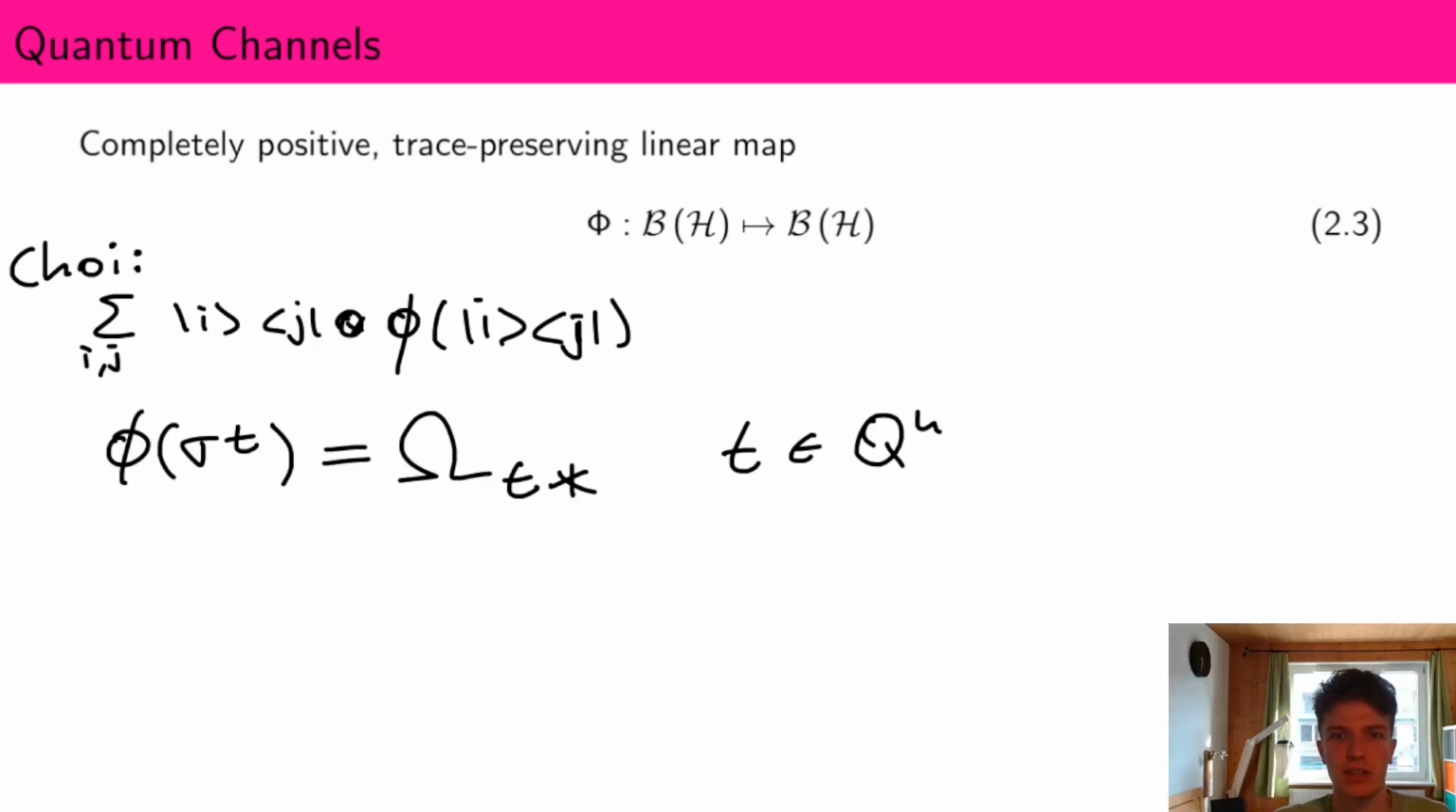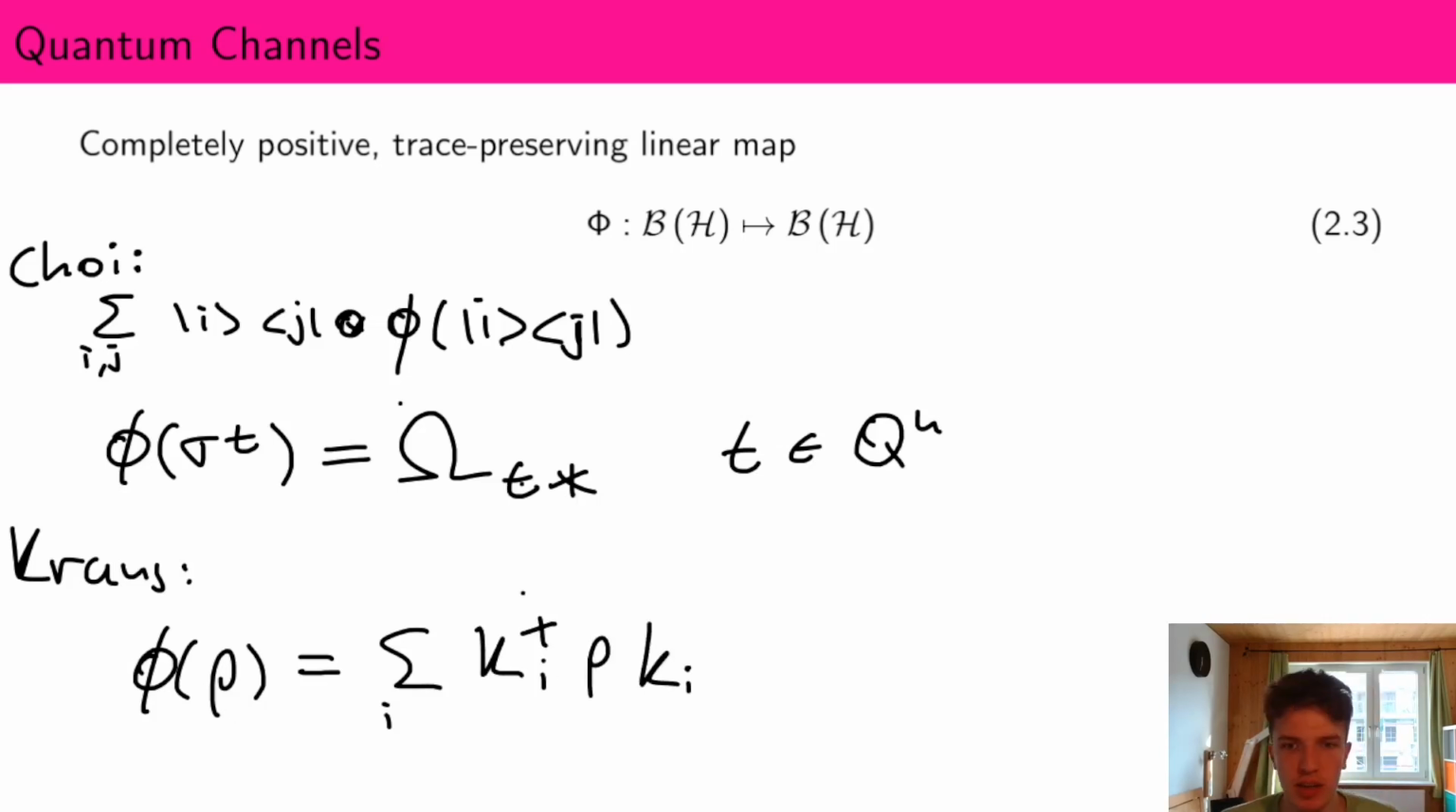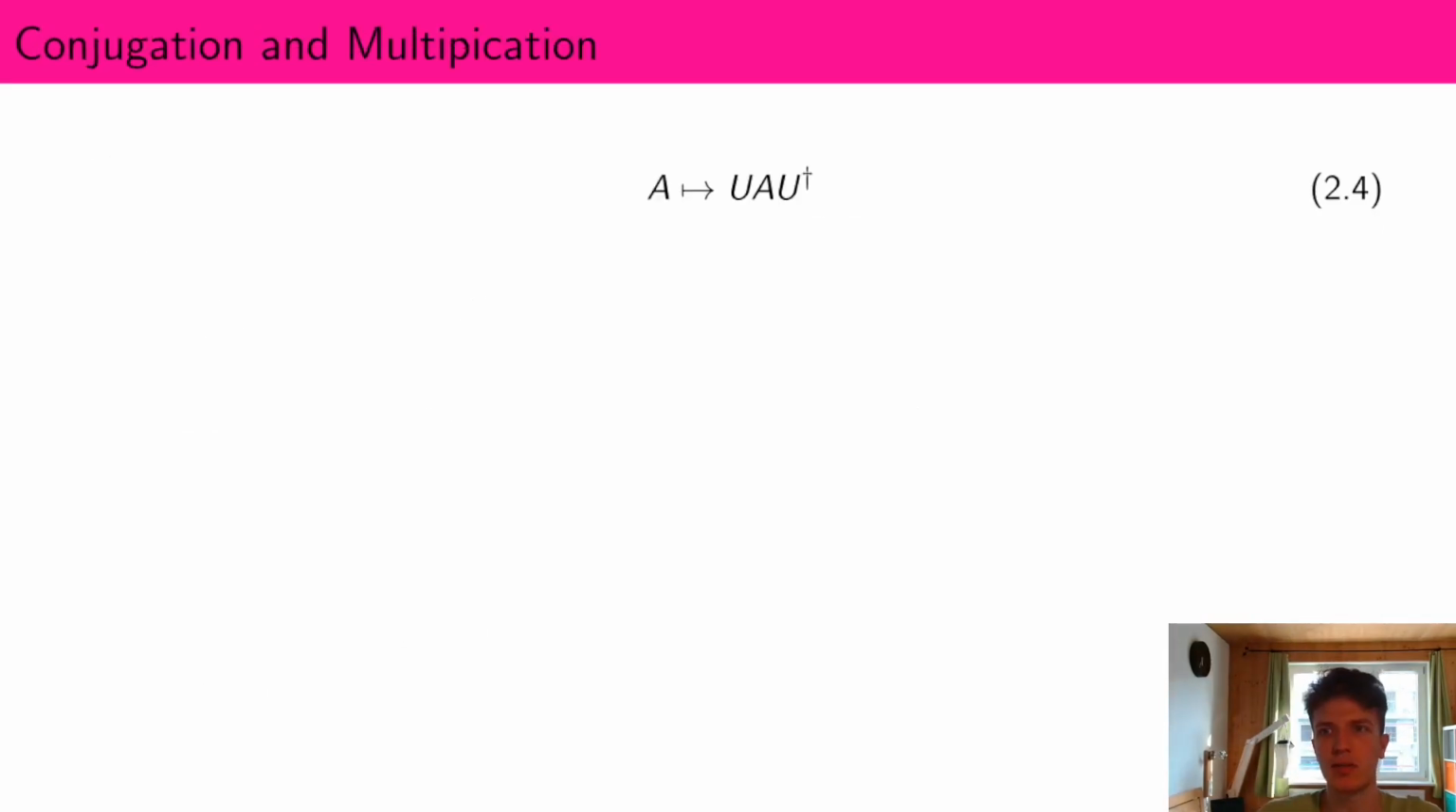Another representation that is often used is the Kraus representation. The Kraus representation says that the channel applied to rho is the sum over i of K_i dagger rho K_i. Of course there are also other representations, but it might be a little too much to state them all here. So in particular for the Kraus representation and for unitary channels we have to look at this conjugation. So we use that, we can again write U as the sum over the Paulis,